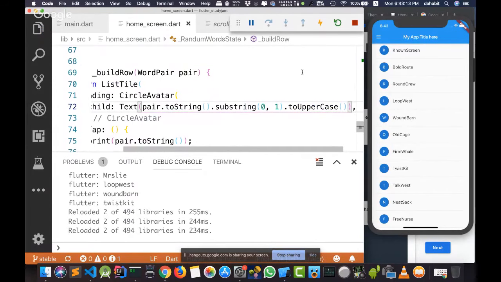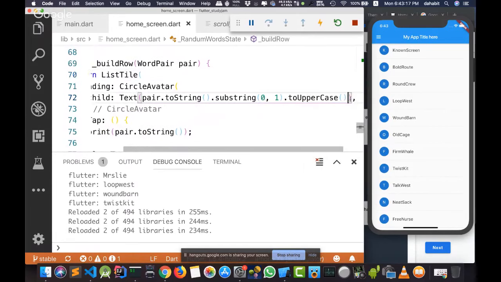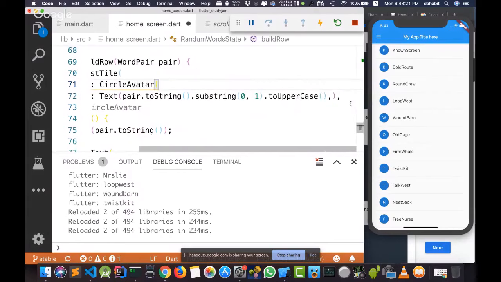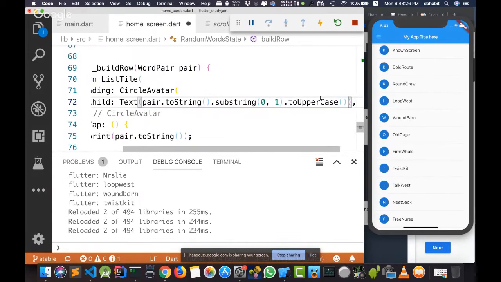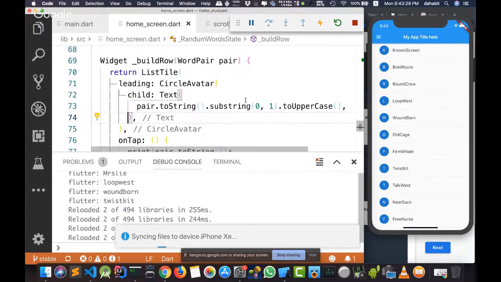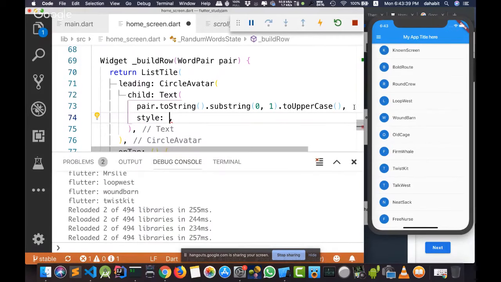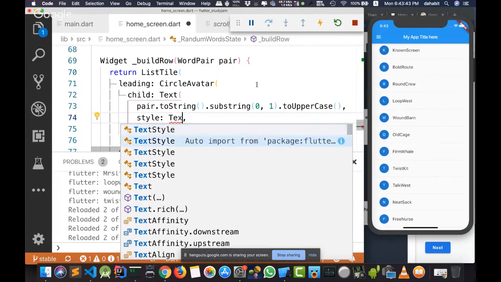We want to change to uppercase, and it's a very, very important note here: don't forget to write a comma. When I write a comma here and press Command S, see what's the difference from before when I'm not using a comma, and when I'm using a comma. We will find that our code now came to a new line, and there is a difference between the ending and the start of our widget. And here we can write a style for this letter. For example, we'll use text style.